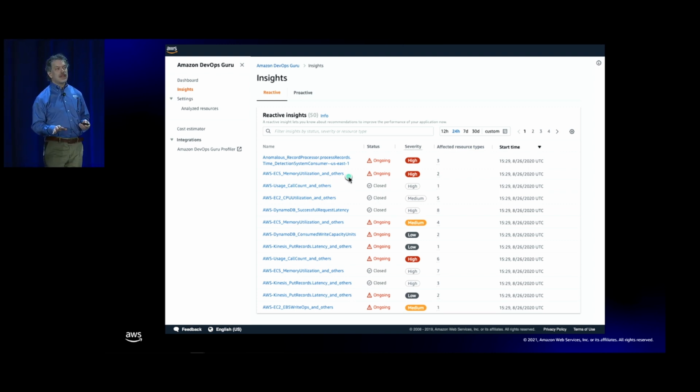Any given insight in DevOps Guru may or may not have RDS involvement, right? You could have an insight in DevOps Guru that was related to 5 other services that you use at AWS, not RDS. Or you might have an insight that included 3 other services that you use at AWS and also your Aurora databases. So when you go into any one of these, you'll discover that your anomaly is composed of 1 or more services, which may or may not include RDS.